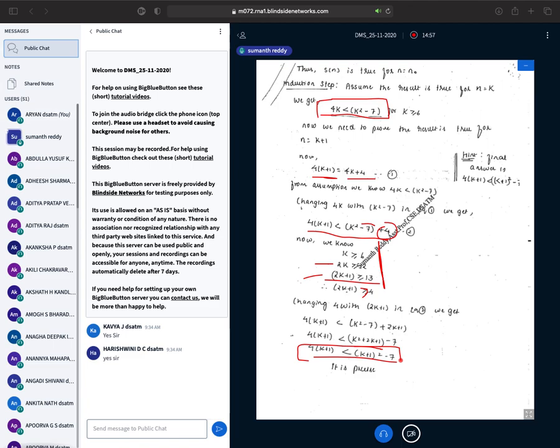In the induction stage, in the first step, as the assumption part, you will just assume the result is true for n is equal to k. So you will get to know the final answer also. In order to get that final answer, what are all the things that you have to do? You have to be careful with that. Is there any confusion with this? Can I go with the next type?